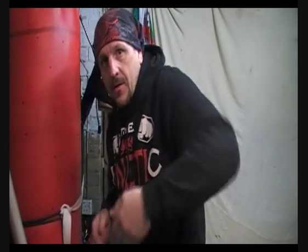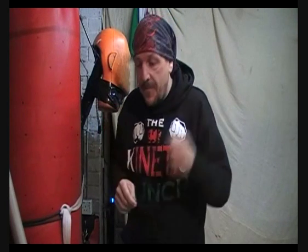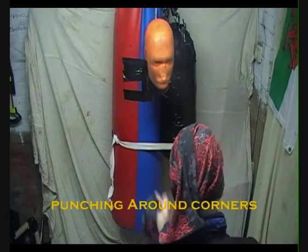Whatever curve, however extreme the curve I can make with my hand, I can throw a kinetic driving punch on that curve. So there's loads more angles available because it's the drive rather than a swing. And again, literally anywhere I can reach, I can drive into very close, short, sharp shocks. If I come out, say the arm's here, I come out there,